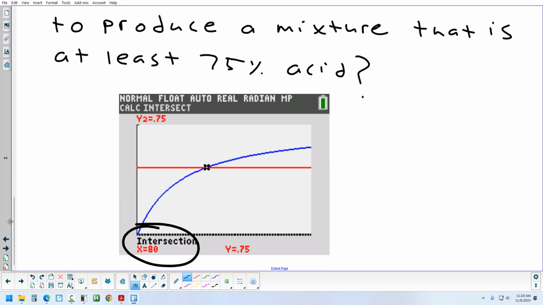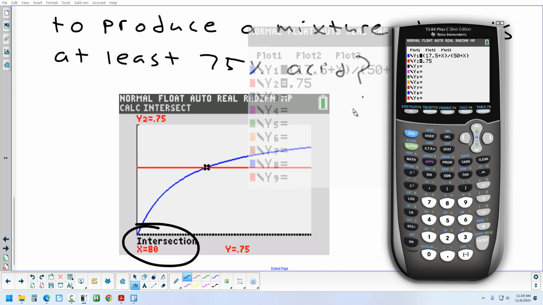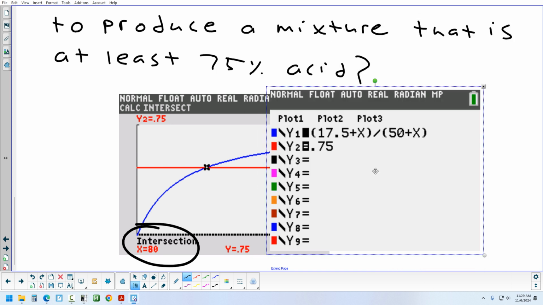Yes? What equation did you put in for the first one? For the first one, I typed in what I have right there. Any other questions? All